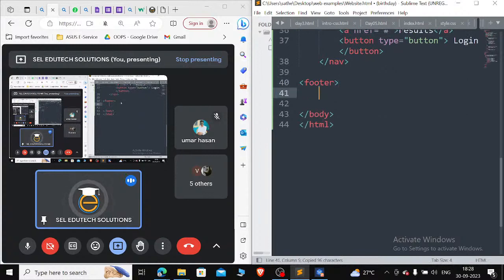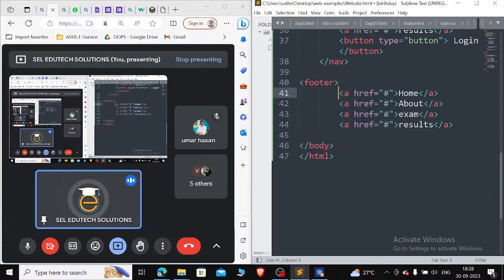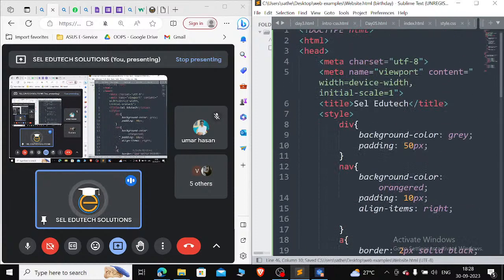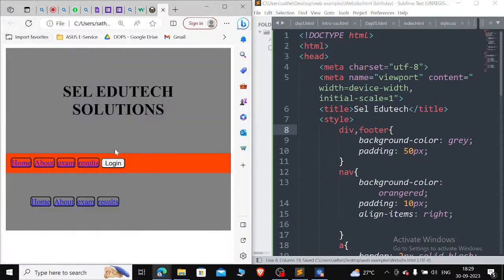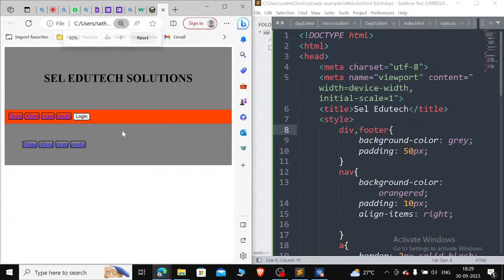So within the footer section I'm specifying this, and I will just close this footer. The footer is now closed, but I want the footer to be gray in color and 50 pixels, okay? So same thing. You can give these things by comma also, guys, so that will be applied to the footer as well. We'll see the output once. So see here, guys, the footer also came, the same as the header. Then